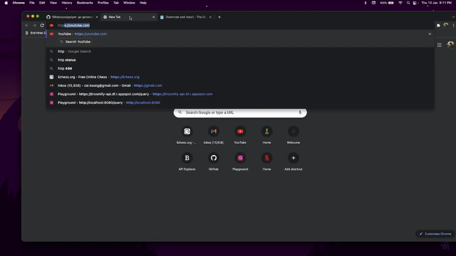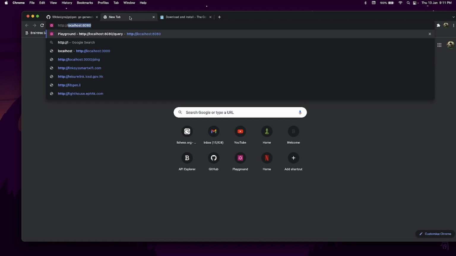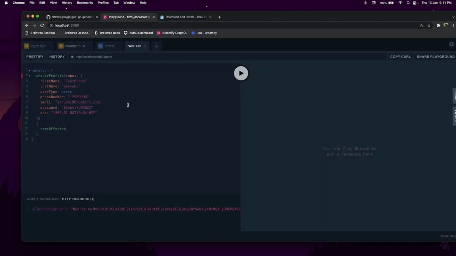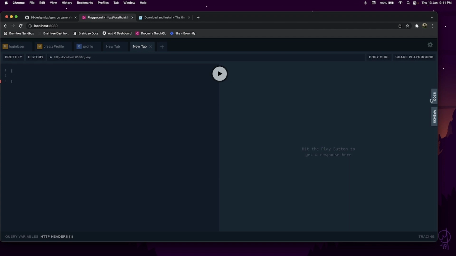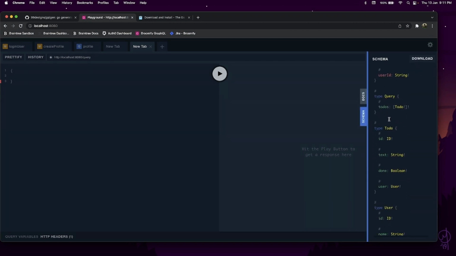It's on localhost 8080. So we have a server here. Let's see what the schema looks like. Okay, the schema looks like this. Todo, user,